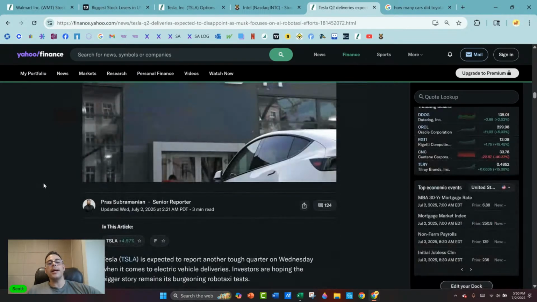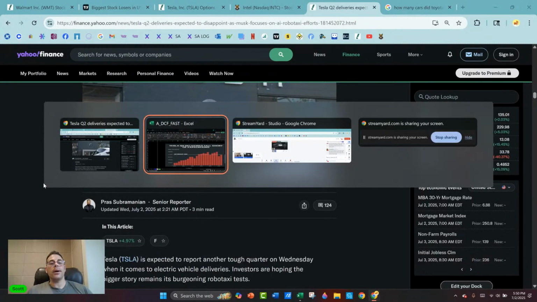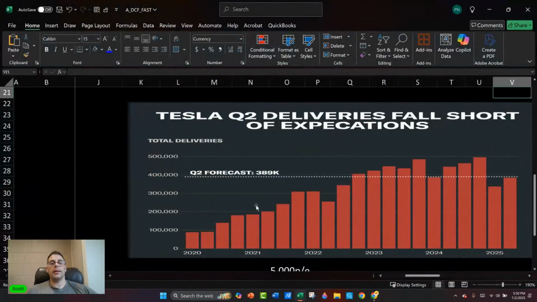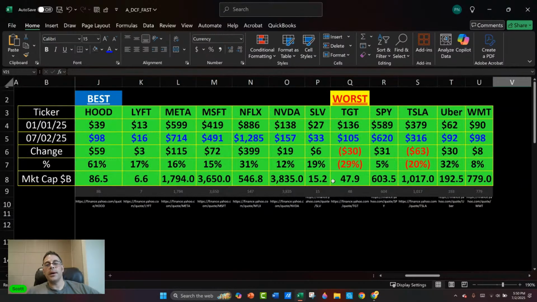fall down. It's not a Ponzi scheme. It's not like Enron. Enron was, or it's not like the .com companies. Those companies didn't make any money. So it's a good company. It's just not a trillion-dollar company. Tesla is still over $1 trillion market cap